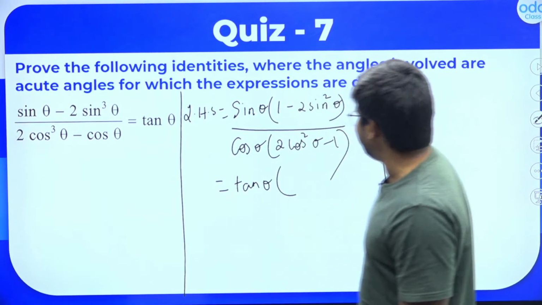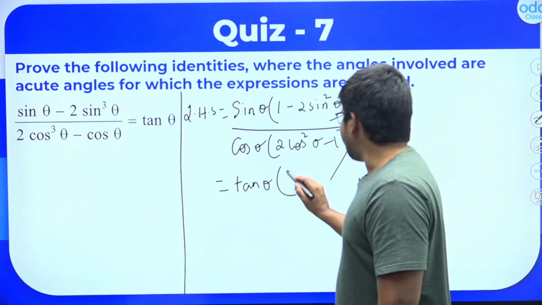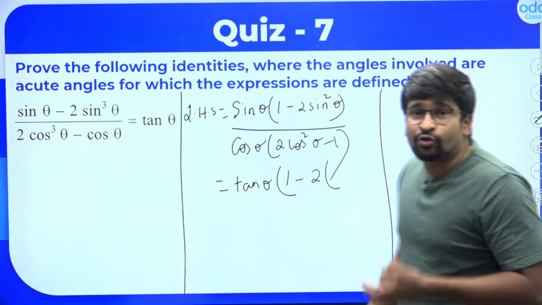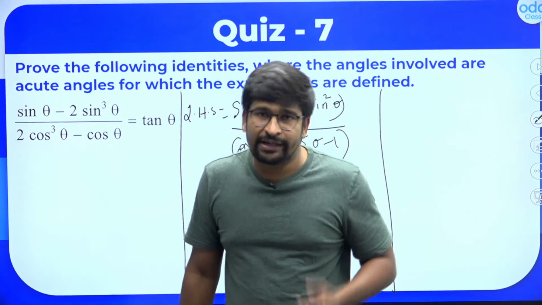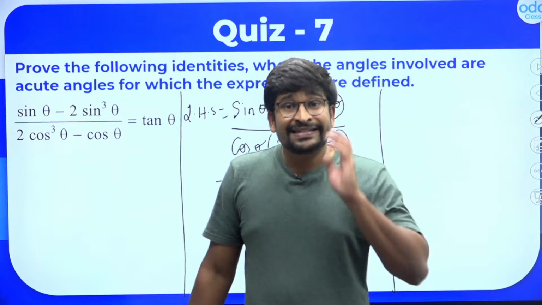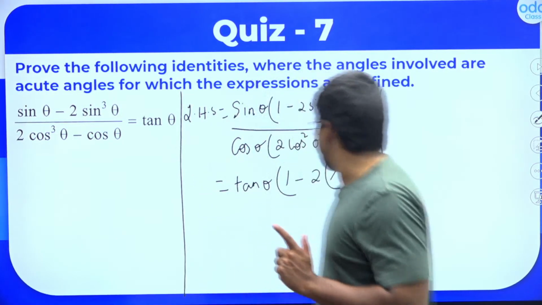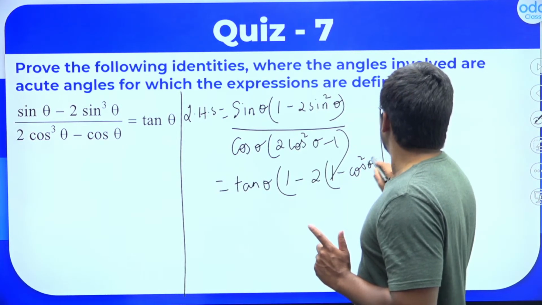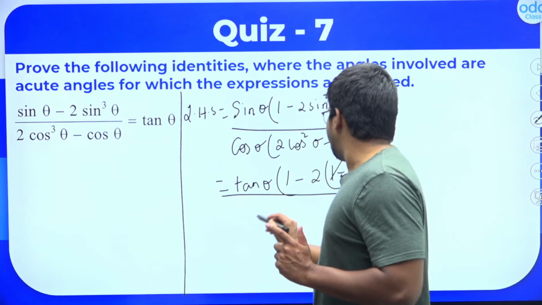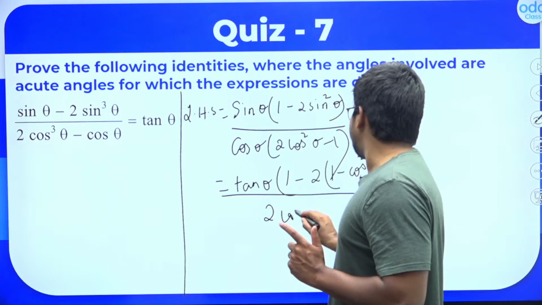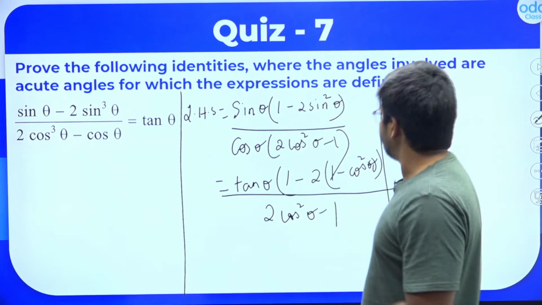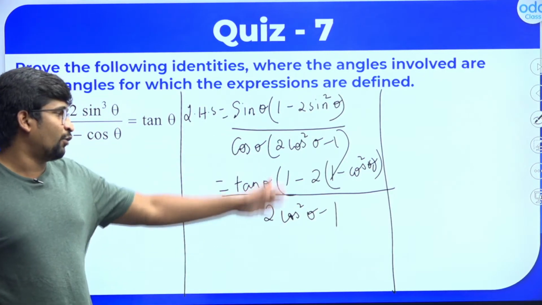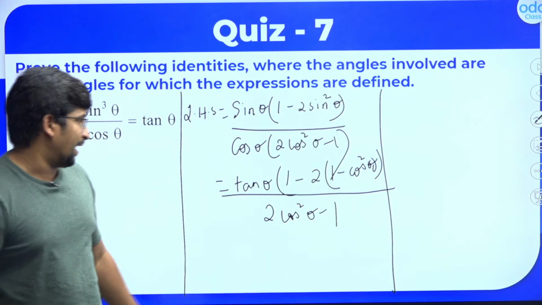So this is tan theta into, again, 1 minus 2 times of, can I write sin square theta as 1 minus cos square theta? You can write it like this, because sin square theta plus cos square theta is 1. So this sin square theta is 1 minus cos square theta, correct? Whole divided by 2 cos square theta minus 1. This is what we have currently. So what I did, in the numerator the sin square theta was just written as 1 minus cos square theta. Open the bracket